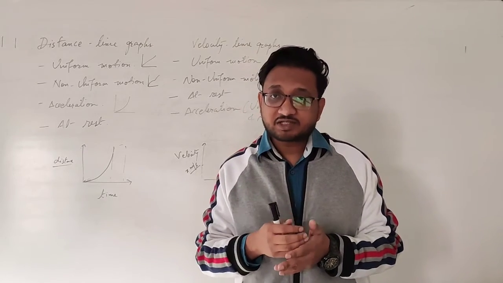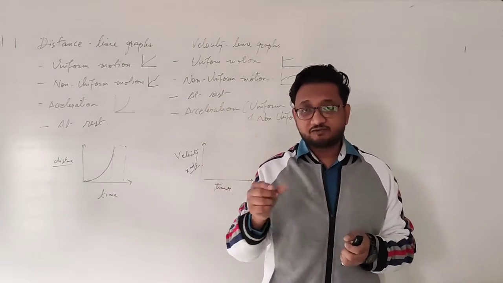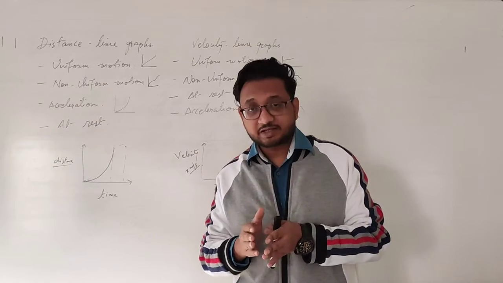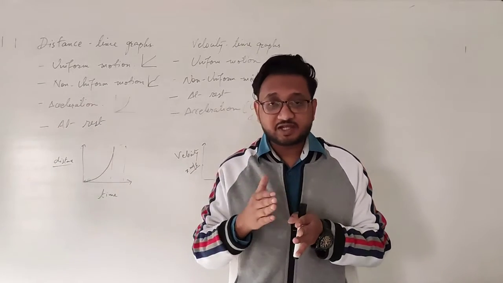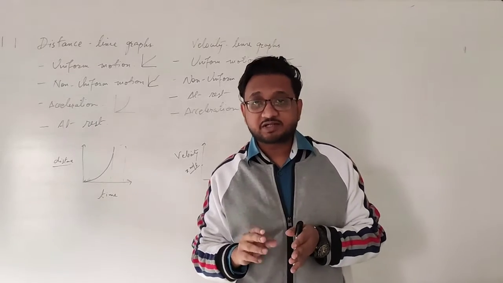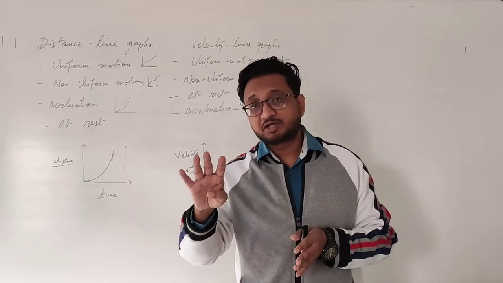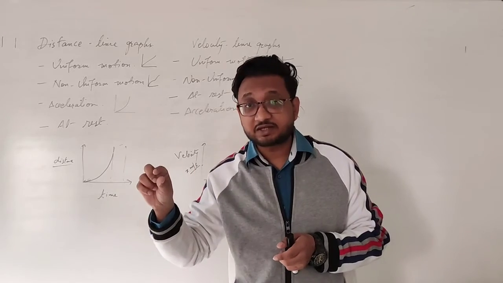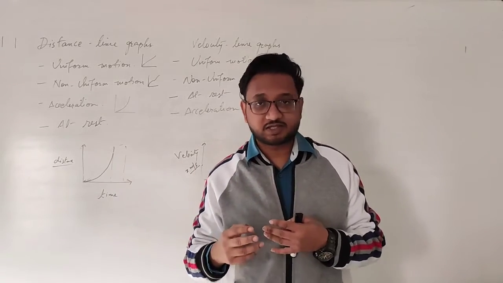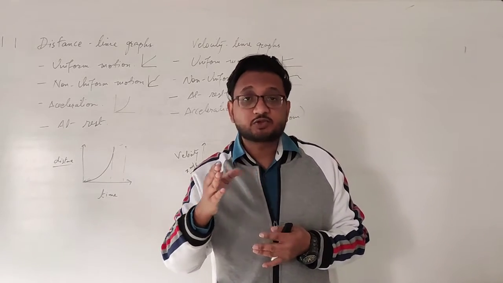If the velocity is increasing uniformly, that means, let's say, for every 1 second, 2 seconds, 3 seconds, so we are increasing the time in intervals of 1 second, but the velocity is 2 meters per second, then 3 meters per second, then 4 meters per second. So you can see the velocity is increasing. This motion is not uniform. Now we are talking about velocity. So velocity is increasing, but it is also increasing uniformly.